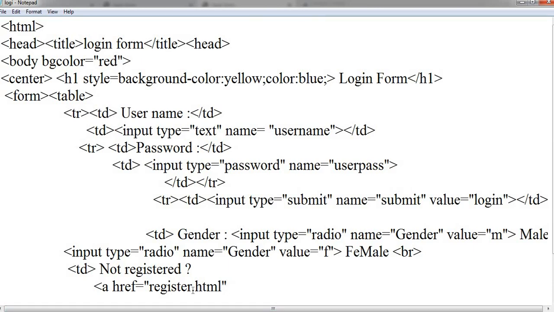So it makes an attachment for this, and after this we can give the label like this, make a registration, register here. So this is the way we can have the link to the particular form. So we can close the anchor tag.